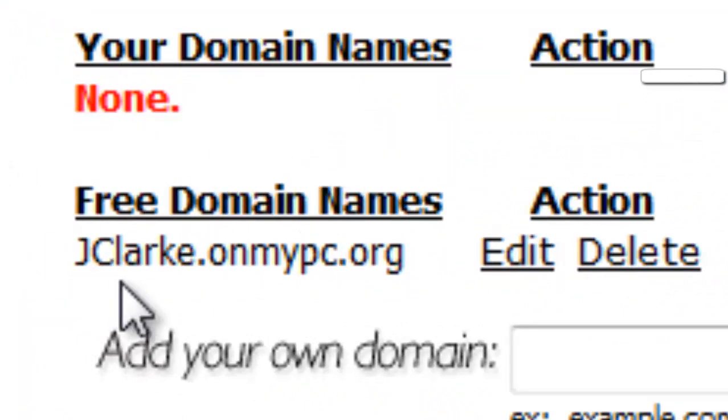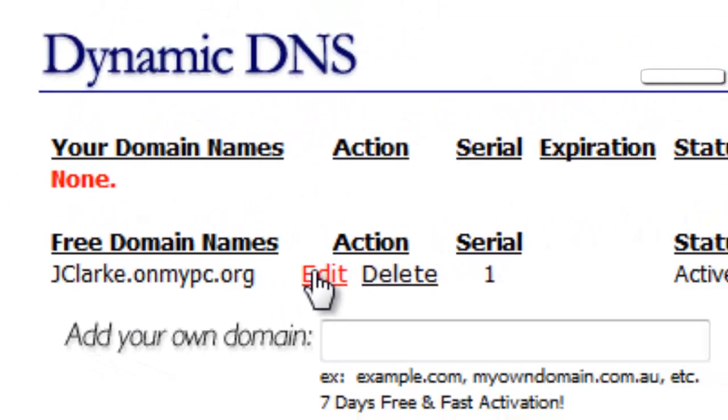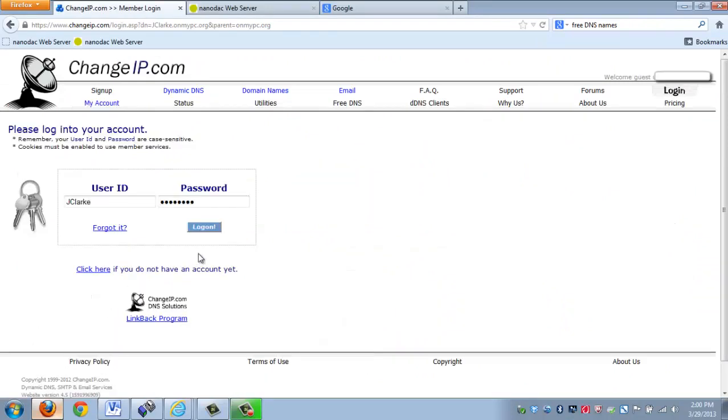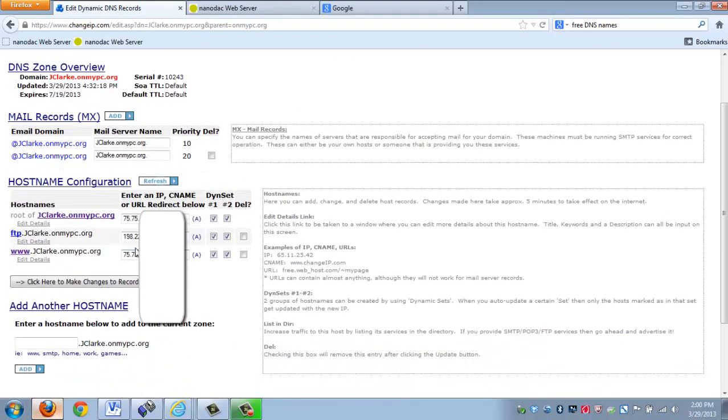As you can see right here, mine is jclark.onmypc.org. You go here and click on edit. It's probably going to ask me for a password. It does. So I can go in here and I've got three different URLs. Basically jclark.onmypc.org followed by an FTP and a www. What you do is you take this and you tell the service that I want to associate this URL with this IP address. So just to kind of quickly test this out, if we were just to simply